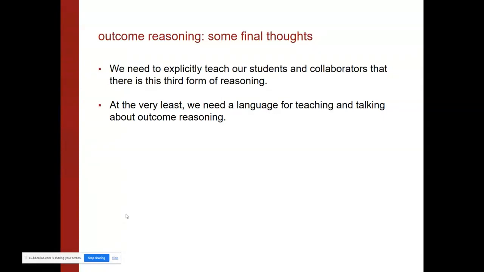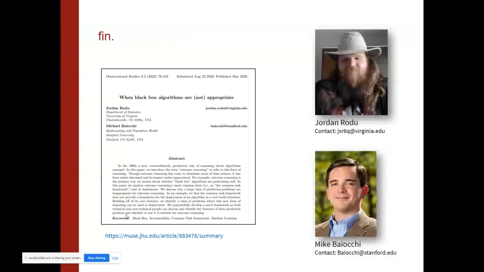Fisher and other folks were running randomized trials for a long time before they started really talking about the mathematical nature of it. We were doing versions of least squares for a long time before C.R. Rao really nailed down a lot of the key features. So I think there's probably someone out there in the next decade who's going to do a really good job of locking down the core mathematical structures that are required to make sure that outcome reasoning is very clean and carefully done. We just want to help nudge people along, and we've got a paper, and you can contact us if you want to talk more about this.